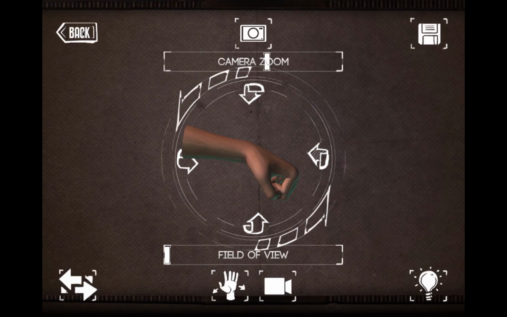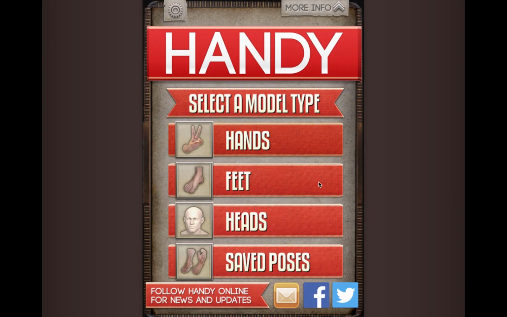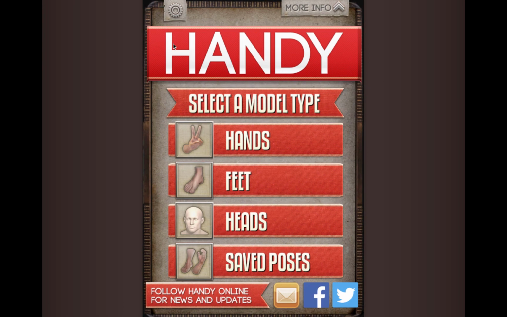These are all references. They're not coming from actual people, so if you want to exaggerate them, you're going to have to take them a little bit further in what we do. Hands, feet, save poses. I think it's pretty fantastic, so good luck with it, and look forward to seeing what